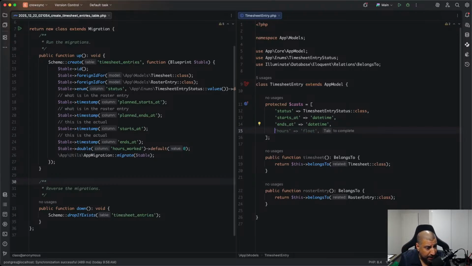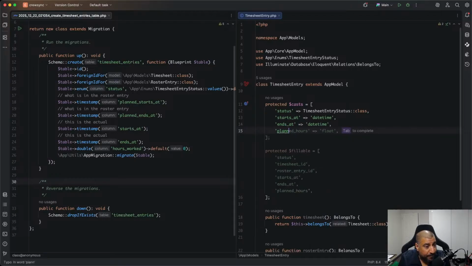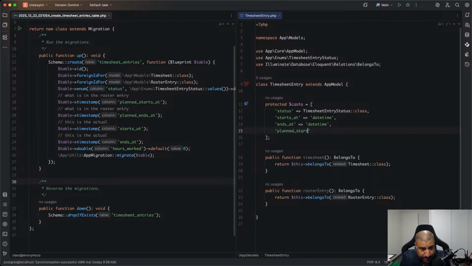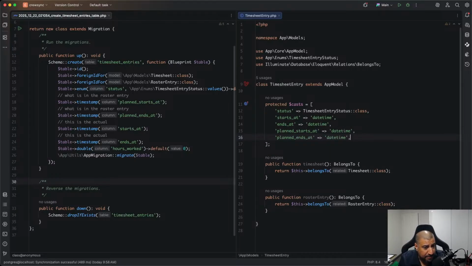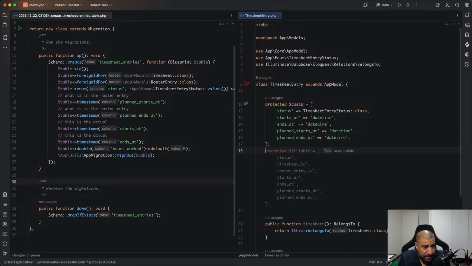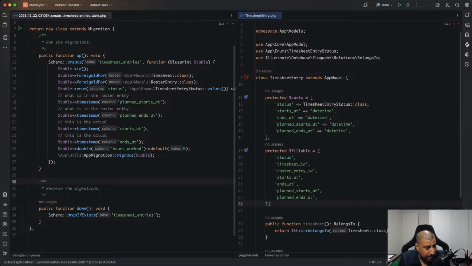And the planned starts at with the planned ends at. Hours doesn't need to be a casting, but status needs to be in the fillable. Timesheet ID, roster entry ID, starts at, ends at, planned starts, and obviously hours worked. And with that,